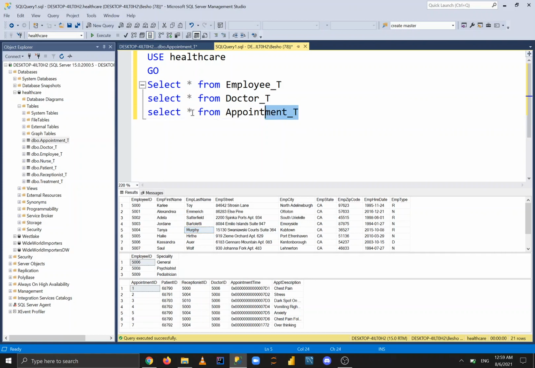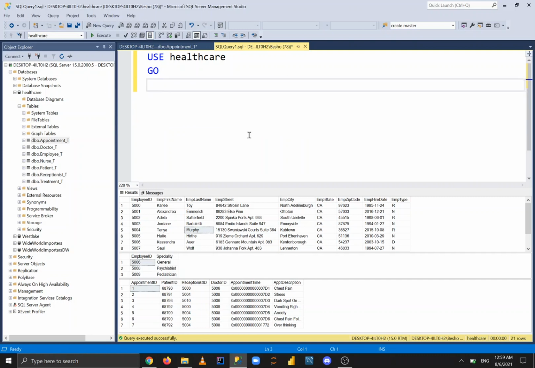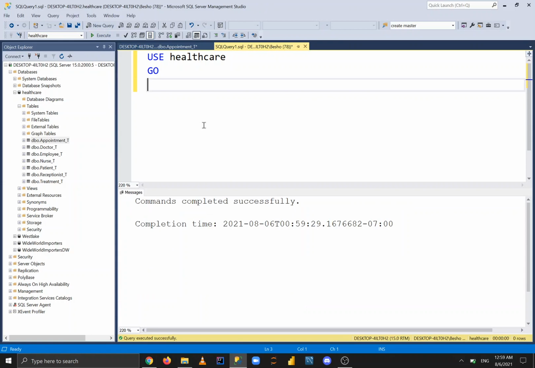Let me get rid of that. Let me also get rid of our table. So we'll go ahead and select, we would like to have the first name, last name, specialty, and also the number of appointments. So we'll start by saying select